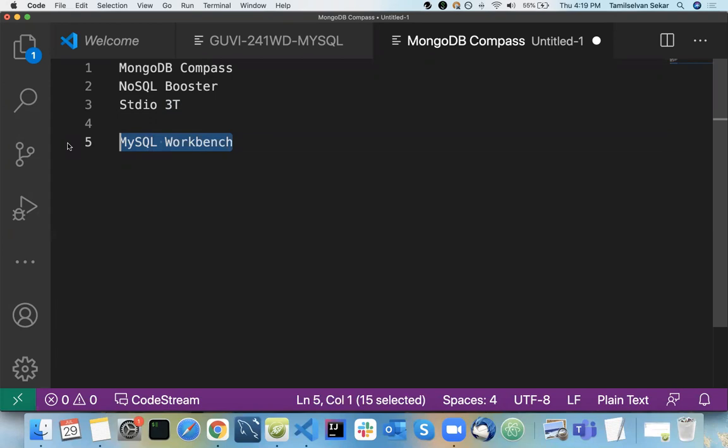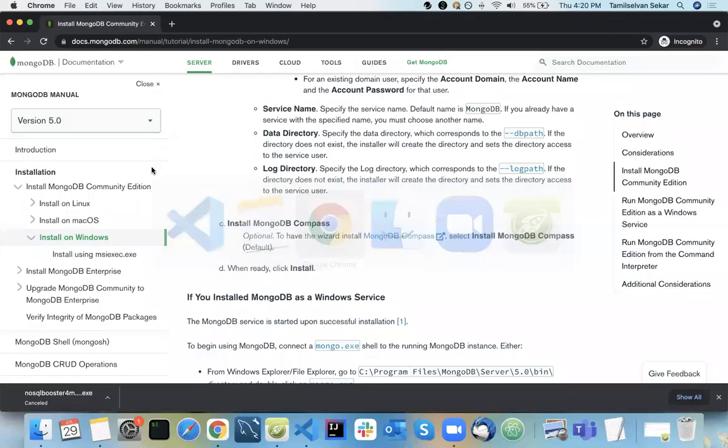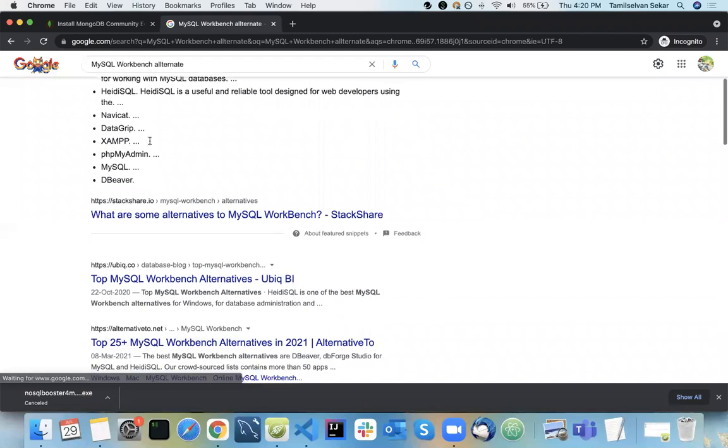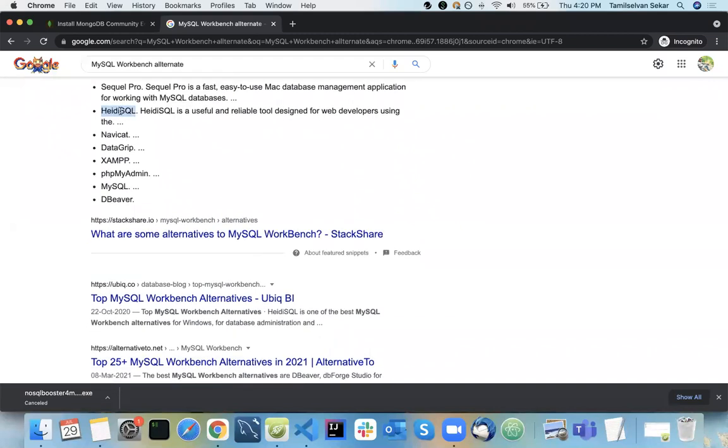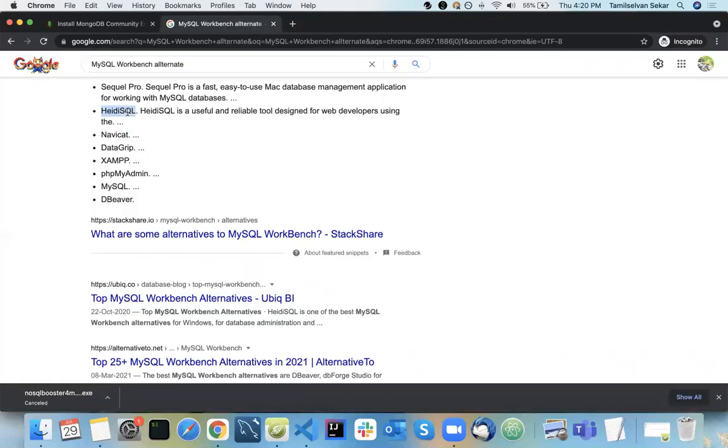The reason is that MySQL Workbench is given by the makers of MySQL. It is a great tool to write your queries, so you don't need to find any alternatives to your MySQL Workbench basically. If you want to, we never tried it, but something like an alternative, which we use is HeidiSQL. So you can use HeidiSQL if you want. This is one kind of tool. Same way here, SQL Pro.